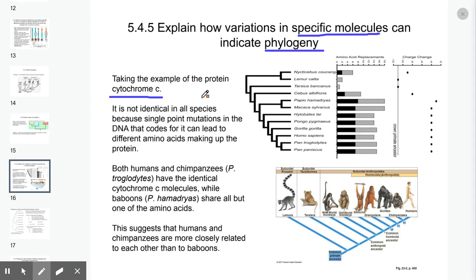Cytochrome C is a protein that you find on the mitochondria, and it's an electron carrier in the cell respiration process. Another very popular protein that they look at, especially when we're looking at mammals, is hemoglobin, the protein that helps us carry oxygen around. I should say probably not limited to just mammals. But anyway,